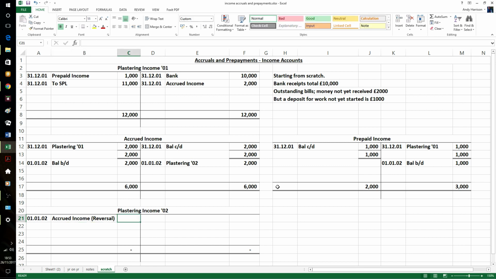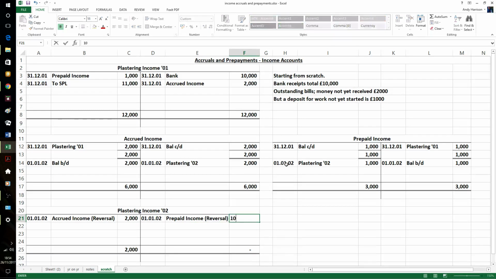The reversal, and one credit entry, debit entry rather. So that's the reversal. So we've reversed both into next year's accounts, ready to start recording receipts in the bank, and